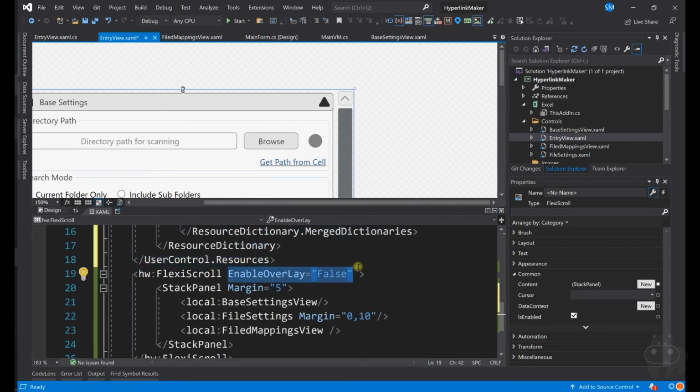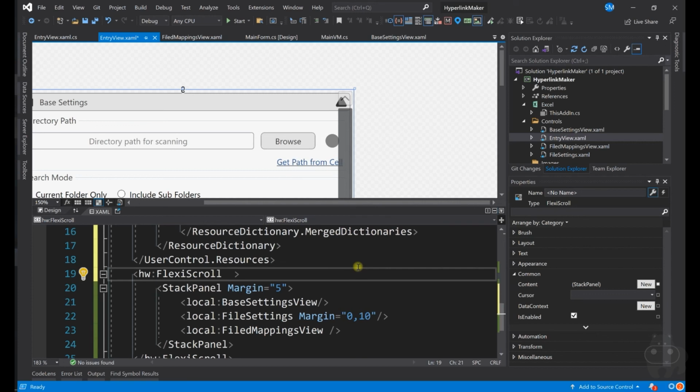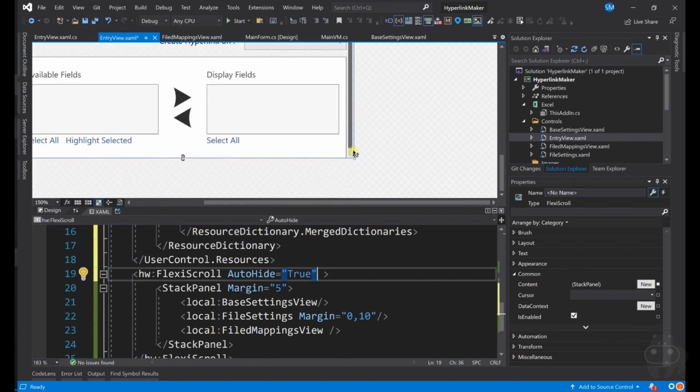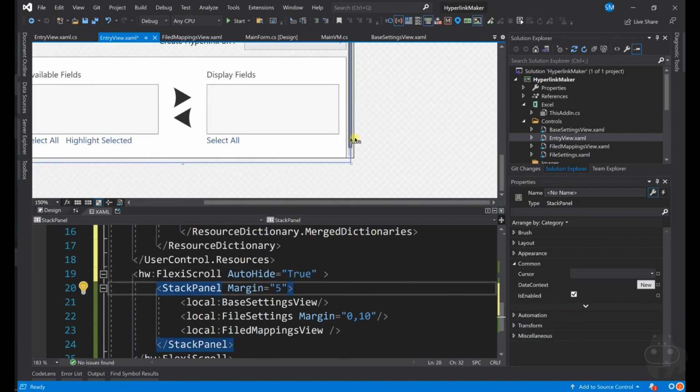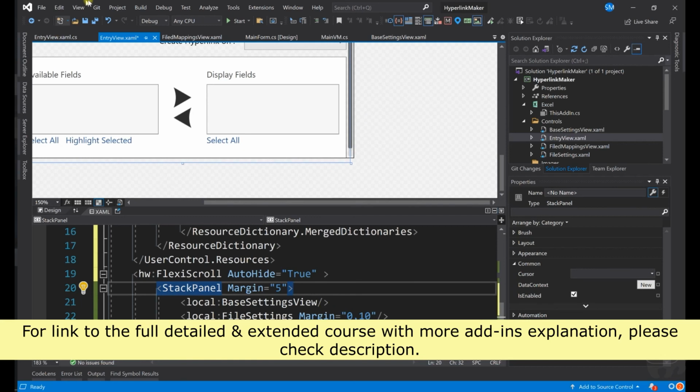So enable overlay, let us just make it available, and auto hide also, let's make it true, and that's totally fine. Now you will see something like this. Auto hide is basically when you move out, this will be turned off, and that's cool. And it's not about the width now, so that's good. Okay, fine so far.